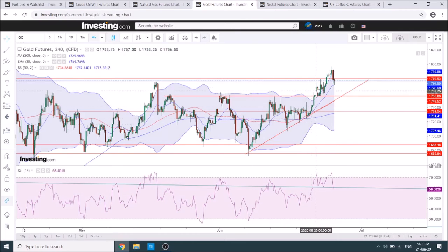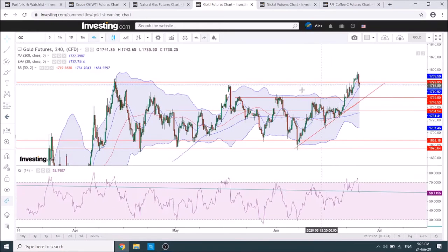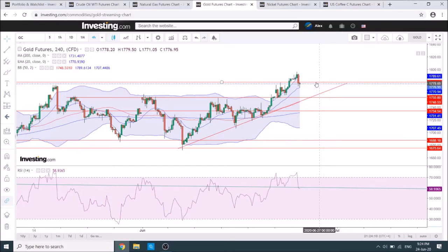Looking at gold, I was looking at shorting gold because if you used to trade gold, it's acting very much like this, setting new highs, and there's a lot of people FOMOing the price to bring it a bit higher. So we got the same here, broke high to 1770 and then broke out, a false breakout as usual. It got sold off really quickly and I opened shorts, one at 1770